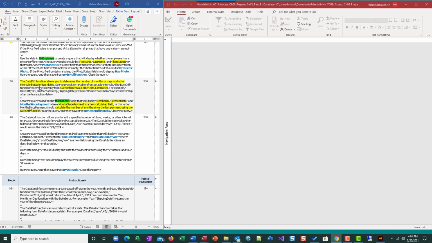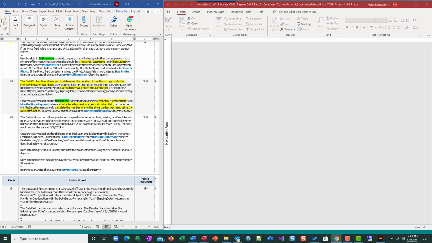The first function we're going to look at is the DateDiff function. That function allows you to determine the number between two dates in whatever interval you choose. In the example they're talking about here, it's months. So how many months between the earlier date and the later date? That's all you're doing. So you have to use that code from your book as the interval, date 1, date 2,